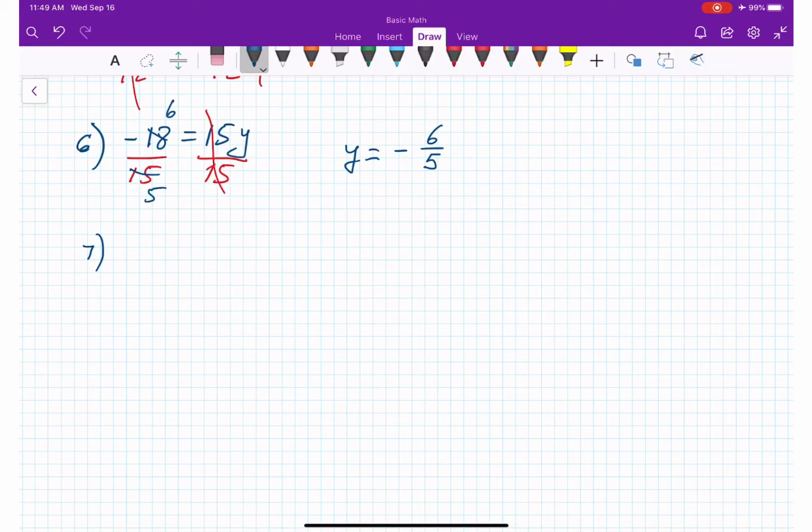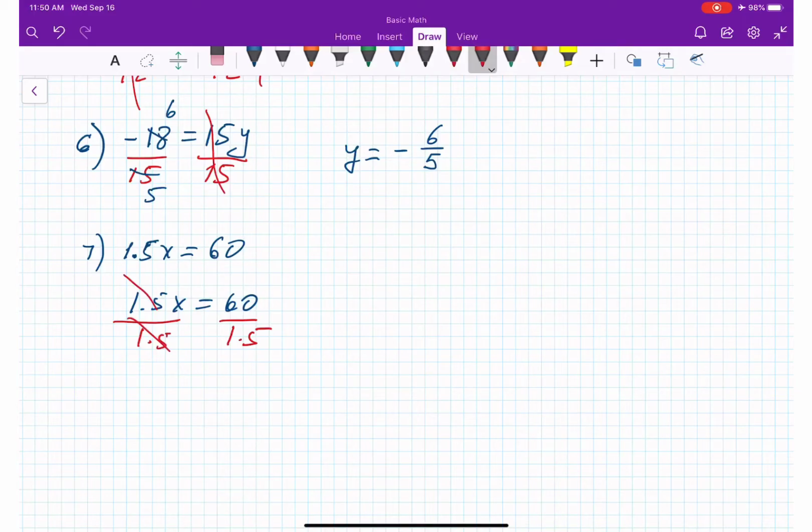Number 7, 1.5x is equal 60. Okay, we divide by 1.5 here. Let me rewrite it over. In the previous one I didn't do it and it doesn't look good. So 1.5x is equal 60. So we divide by 1.5. So 1.5 is gone with 1.5. So what do we get? 60 divided by